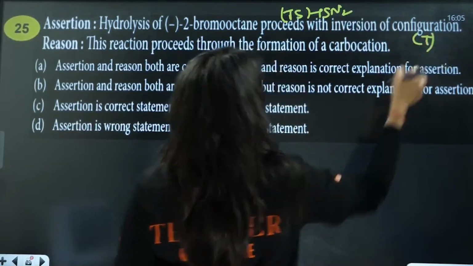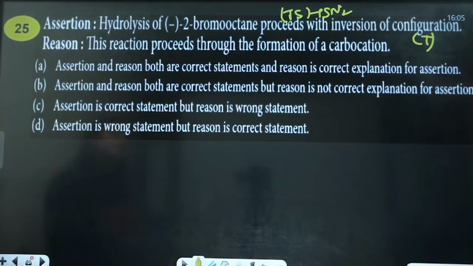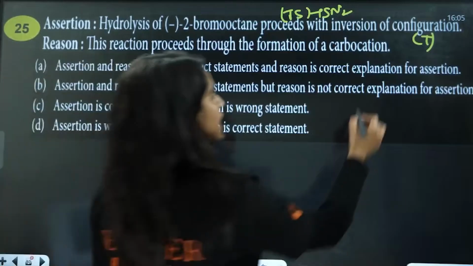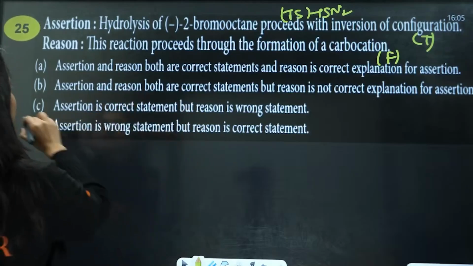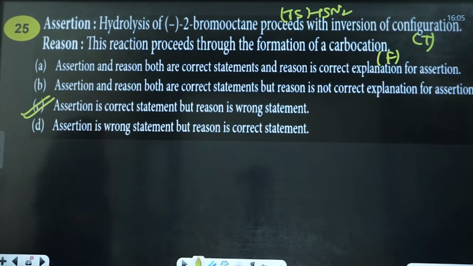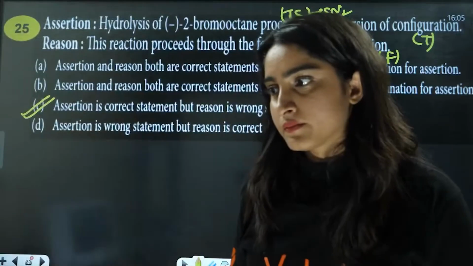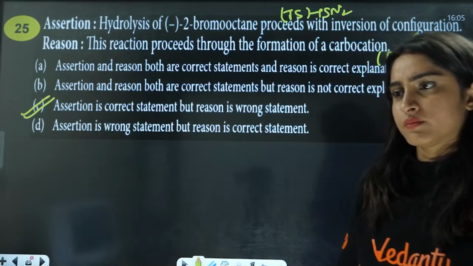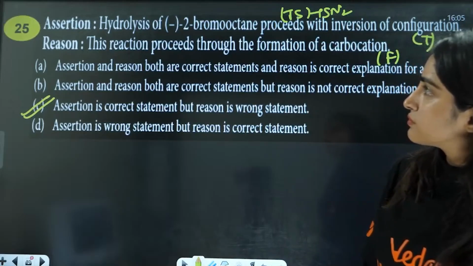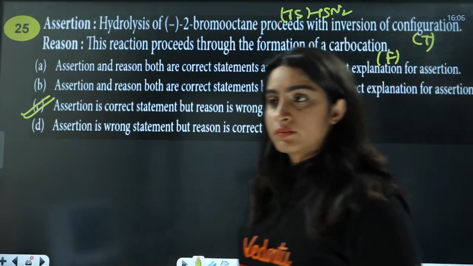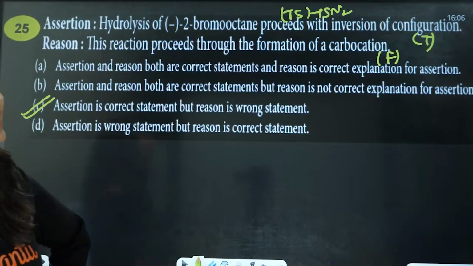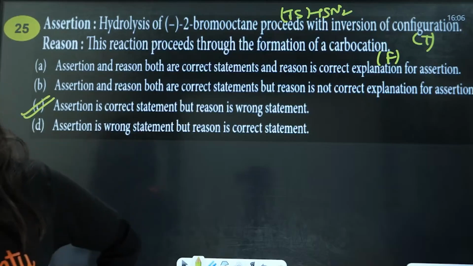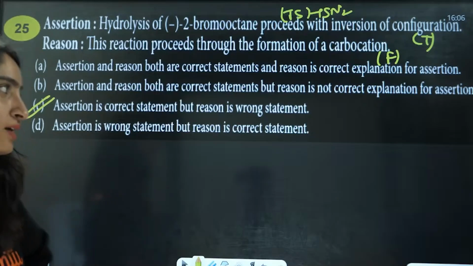So this statement is true here. Right? The reaction proceeds through formation of carbocation? No, this reaction proceeds through formation of a transition state. So here statement C is going to be the correct statement. Yes, bacha, C is going to be the correct statement here. No, bacha. This is going to proceed by SN2 mechanism, that is transition state. Okay? Yes? Yes.